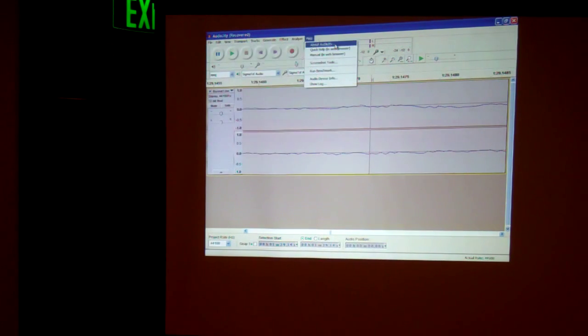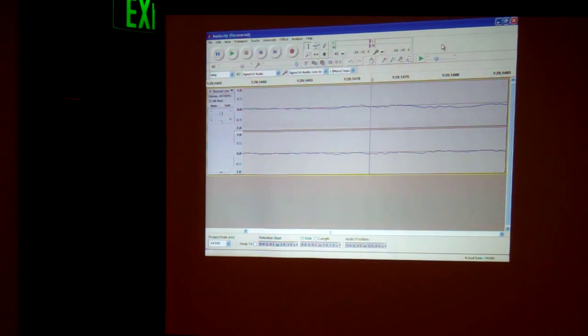Does the pop or click appear visually different? Pops or clicks, you would see them visually, yes you would. Especially if you zoom in almost to this level, you will see a sharp spike. Like if you're recording from a record, you will see the sound level go from close to the middle, like it is here, all the way up to a top or bottom edge, and then slam all the way to the bottom